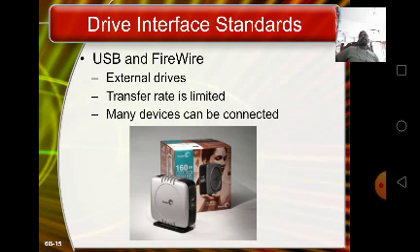Although USB and FireWire are not considered to be drive interfaces per se, they support high data transfer rates and provide connections that allow the host computer to control an external storage device just as if it were an internal one.